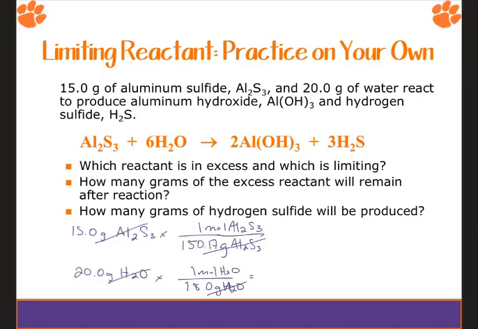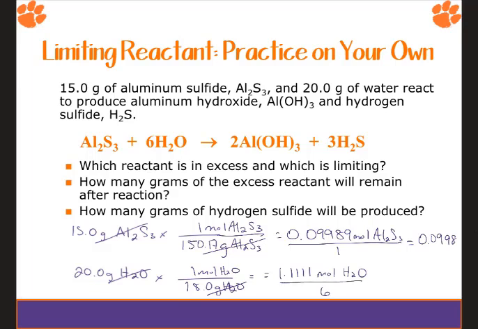So now we have to divide to get our number of moles of each of these. All right, so we get about 0.09 moles of aluminum sulfide and 1.11 moles of water. Now again, before you make your assumptions and pick your limiting reactant, we've got to make sure that we divide these by our coefficients. So for aluminum sulfide, we just get essentially the same number. And for water, we have to divide that by 6 because of the coefficient here. So we divide water by 6 and we get